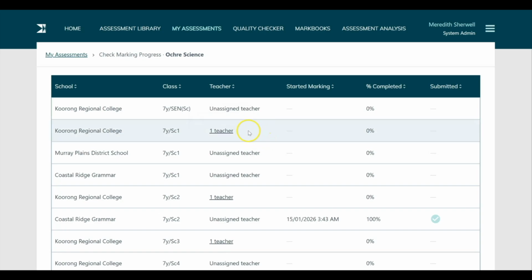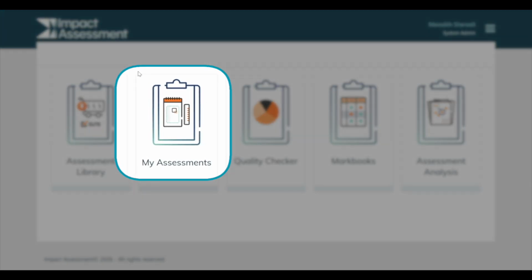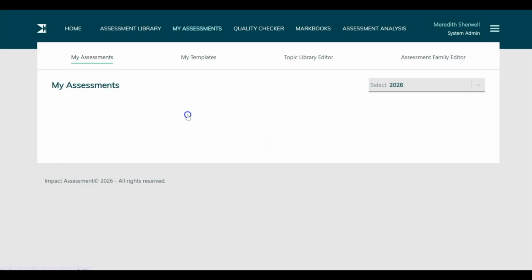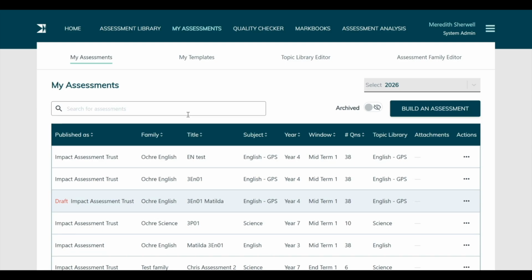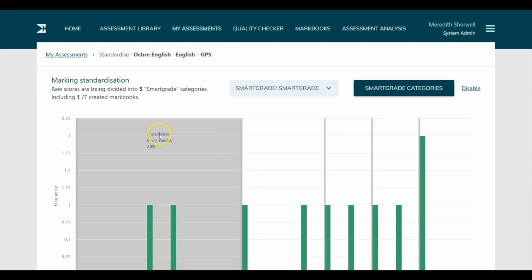to standardization. Standardization is accessed from the Actions menu in the My Assessment area. Locate the assessment you want to standardize, click the three dots under Actions, and select Standardize. As a reminder, you can always return to the main assessment list using the breadcrumb trail at the top of